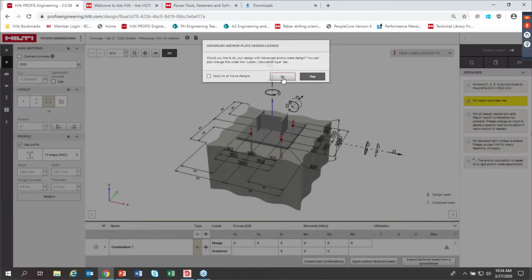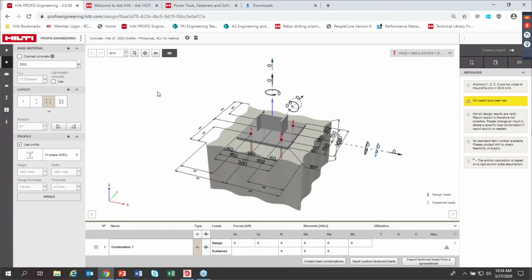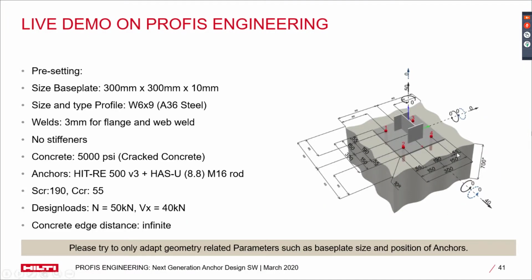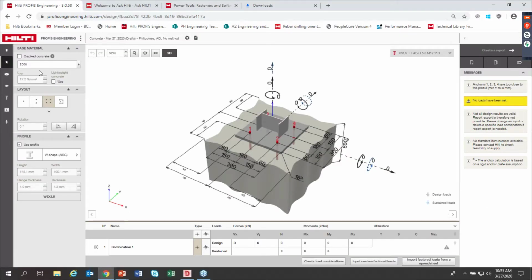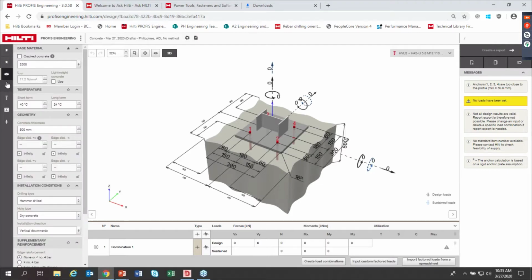So for our connection problem, we will be having a connection of 300 by 300, W6 by 9, 50, 40, 700, 190, 55. So for the menu tab, you can see the favorites tab where you can input your favorite formulas or base material parameters. So base material is cracked concrete